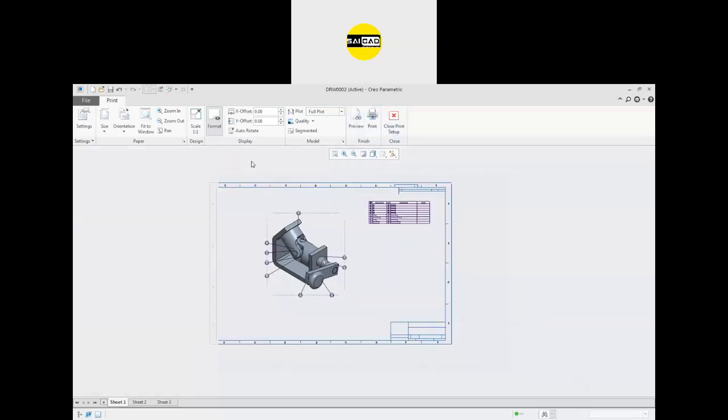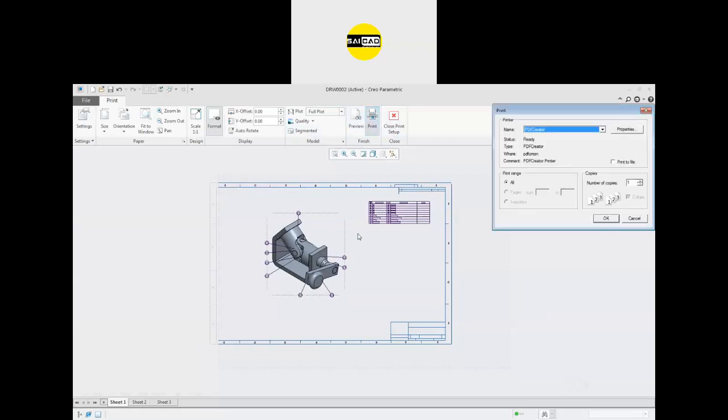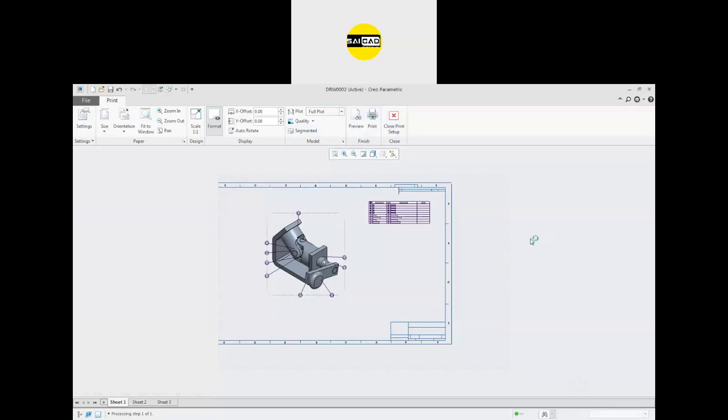Go back from the print preview. Sorry, go to the print. Now select the PDF creator. Click OK, and we create a PDF in 2 seconds.